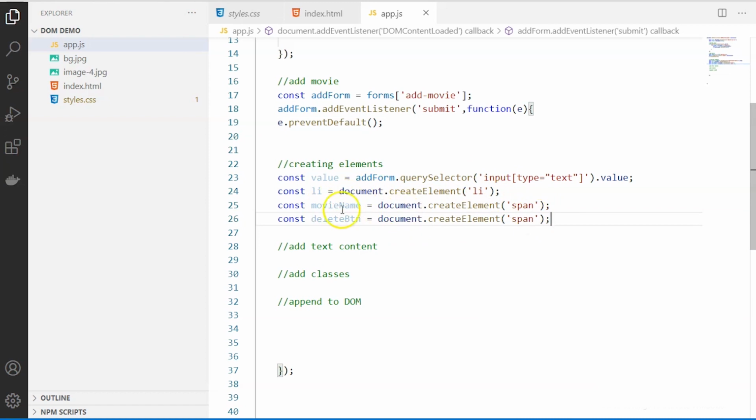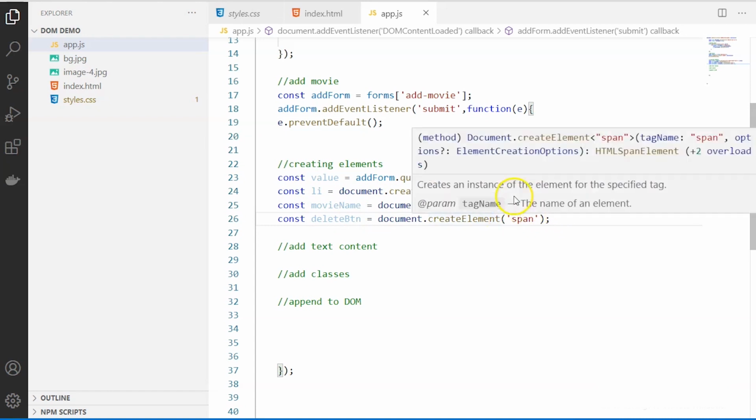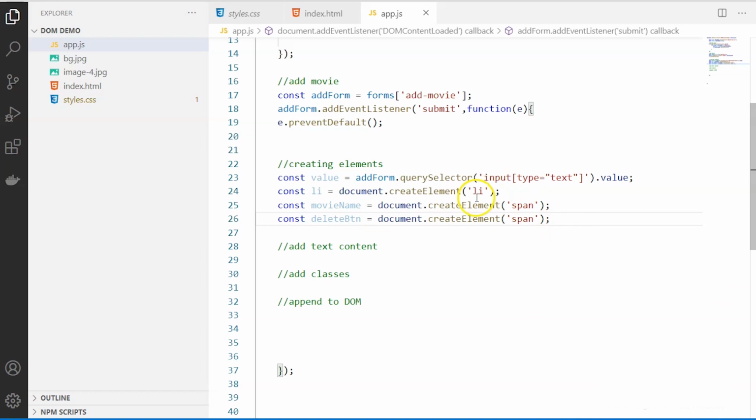So all these have now been created individually, separately. Now we have to set the hierarchy. We have to append these two as children of this li, and this li has to be attached to this body. This appending we will do at the last, right? So first step, we have created these elements.